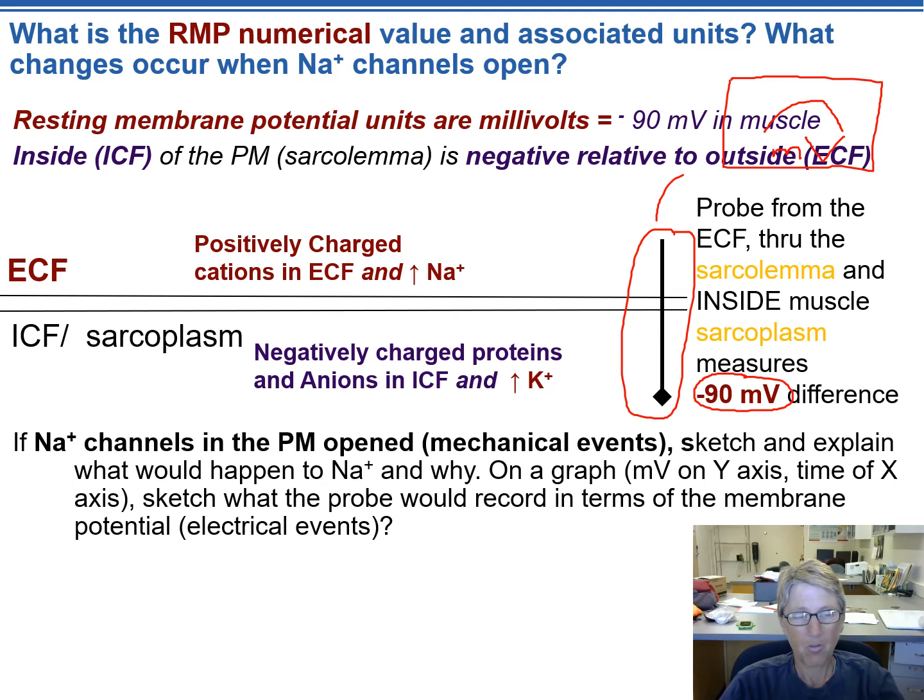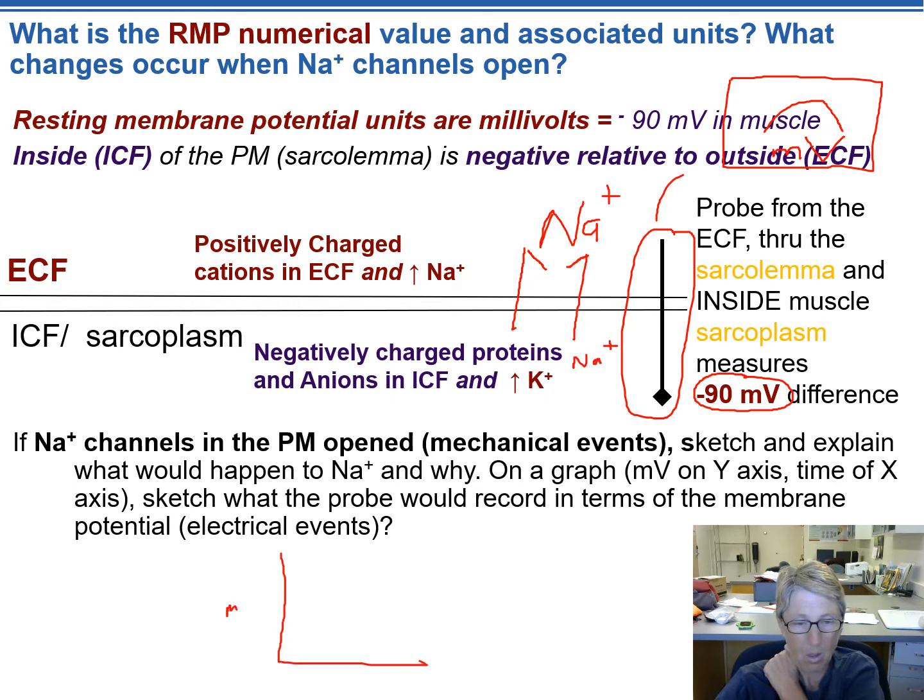Okay, so here's a question that you guys can try to do. Get a piece of paper out. If the sodium channels in the plasma membrane open, so let's say some sodium channels opened, the channel was open, the sodium gate was also open, and you have a large concentration of sodium on the outside, and a small concentration of sodium on the inside. What I want you to do is sketch and explain what would happen with sodium. So the channel's open, the gate's open, what's going to happen with sodium, and if you were to draw a graph